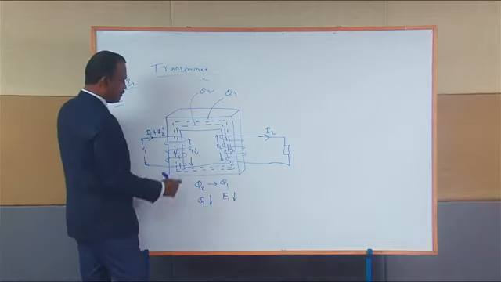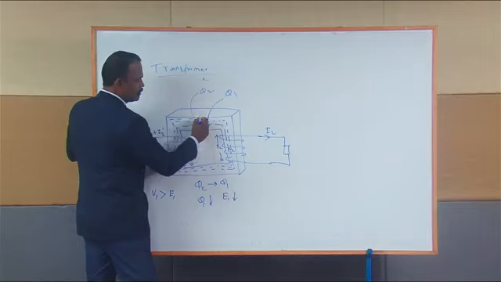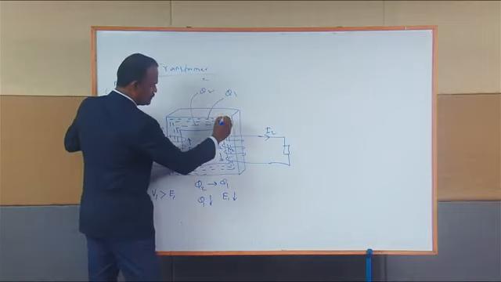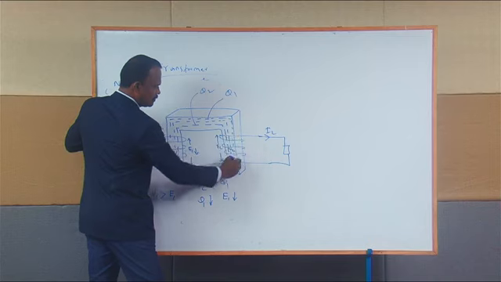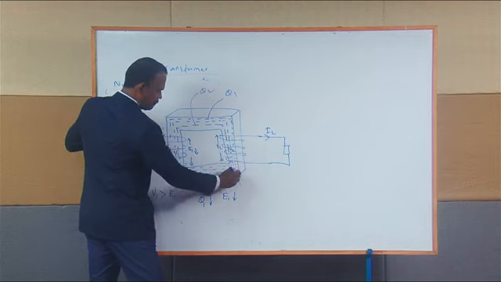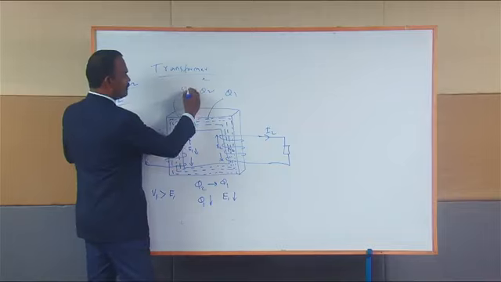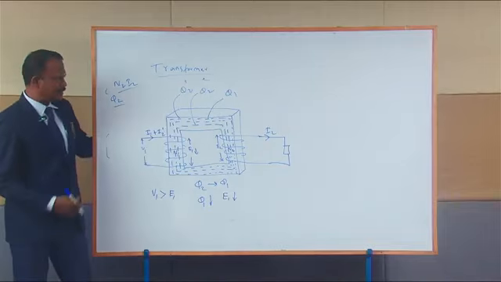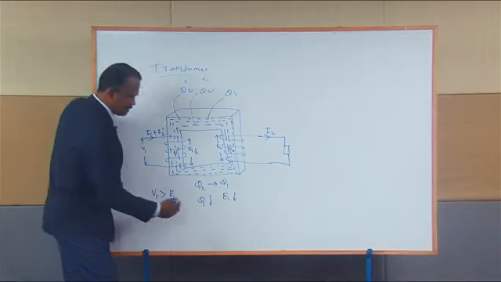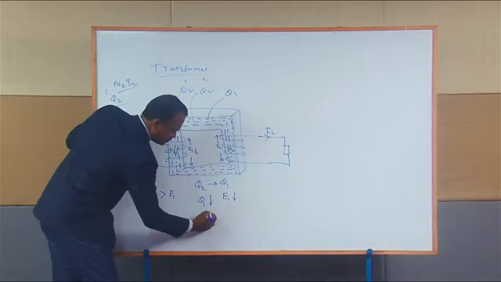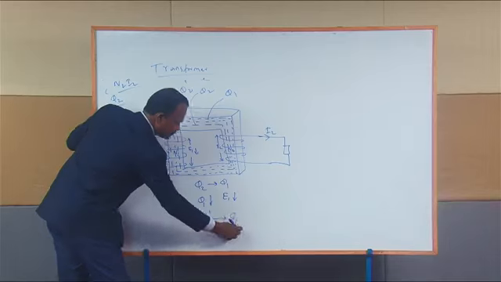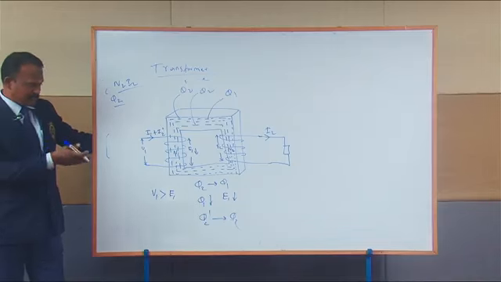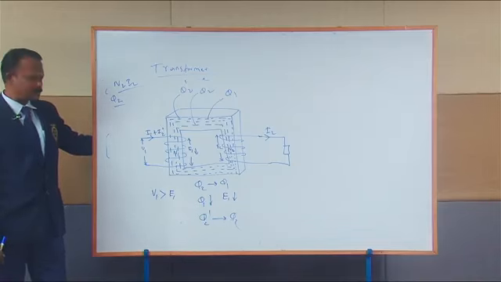Because of that, one more flux will be circulated in the magnetic flux line. So I'll represent it again here. I hope it's clear for you. And this flux, I call it phi 2 dash. What is the nature of this phi 2 dash? Normally this phi 2 dash will be in phase opposition with respect to phi 2. If you check the magnitude of phi 2 dash, it is almost equal to the magnitude of phi 2,